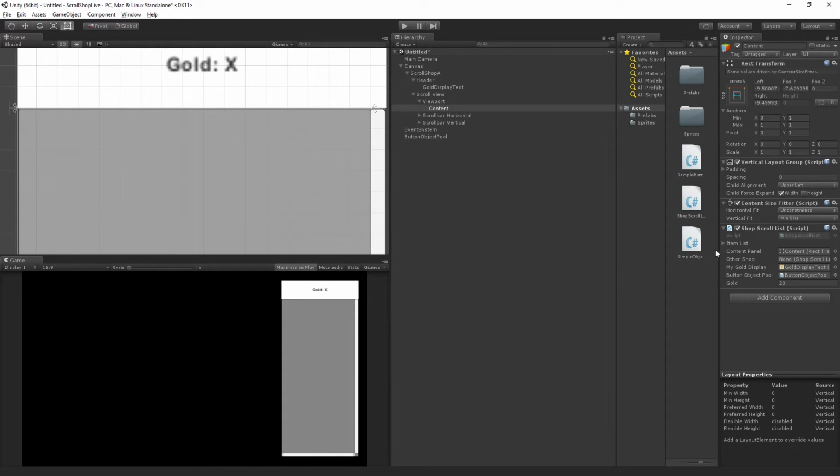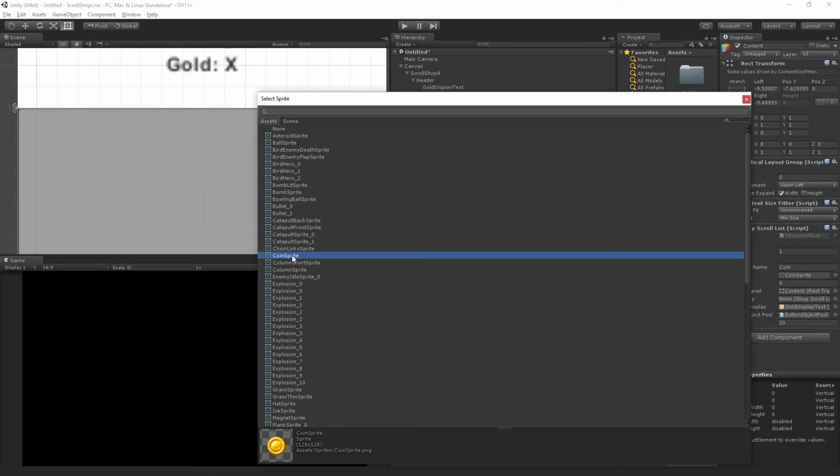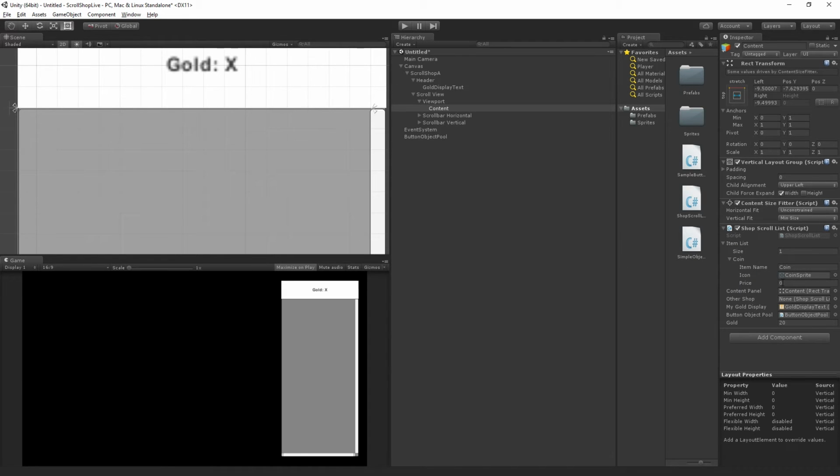So to populate the item list, we're going to expand the item list. Currently it has a size of 0, meaning there are no items. I'm going to add 1 item. That's going to add element 0 here. And when we open it up, we have our fields that we can fill in. So I'm going to call this item a coin. I'm going to select the coin sprite here using the asset picker for the icon,